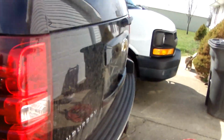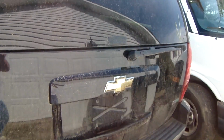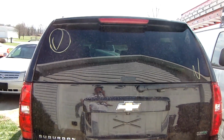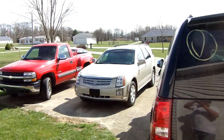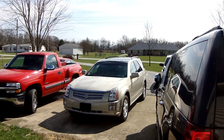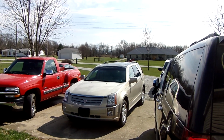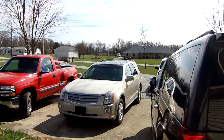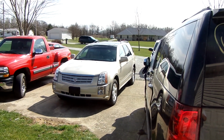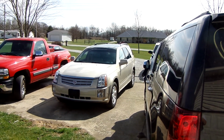And one reason I bought it, I didn't buy this to flip. I bought it because we're raising 5 grandkids, and we got that Cadillac right there that I bought before we had the fifth grandchild come to live with us. And we thought that was going to be big enough because it does have third row seating on it. Anyway,